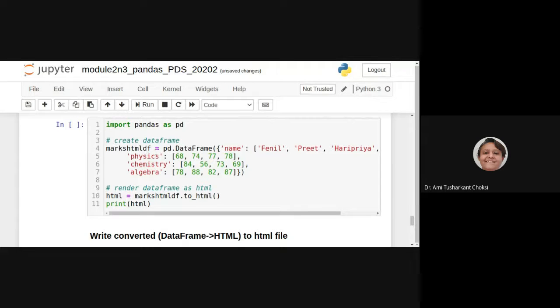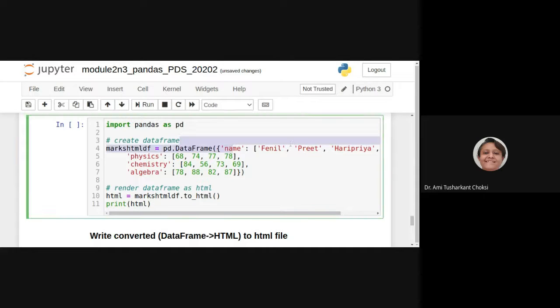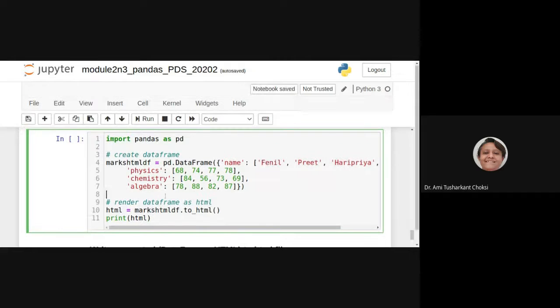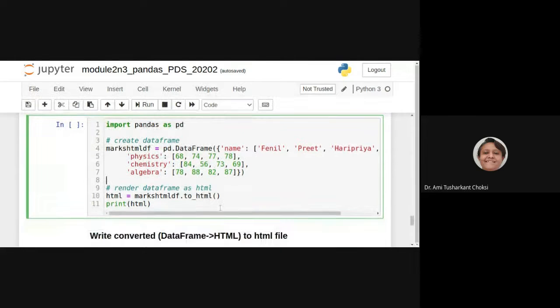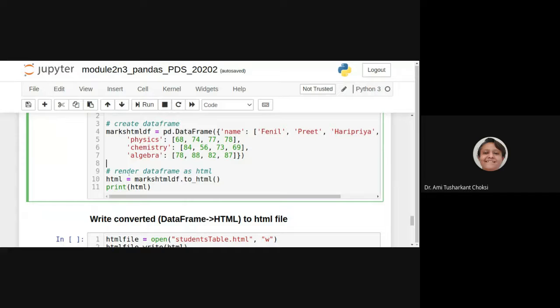Say marksheet, that is marks HTML data frame, that is equal to pd.DataFrame. We are providing name, then marks of physics, chemistry, algebra, right? 4 columns are there. One is for name and 3 columns are there for the marks. Now what we are doing is for this data frame dot to_html, that will give us the HTML.